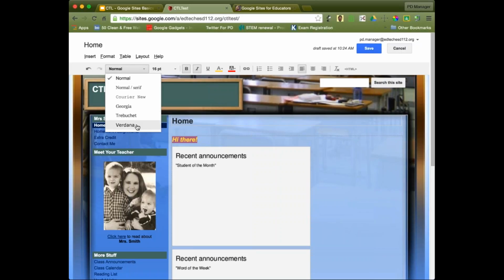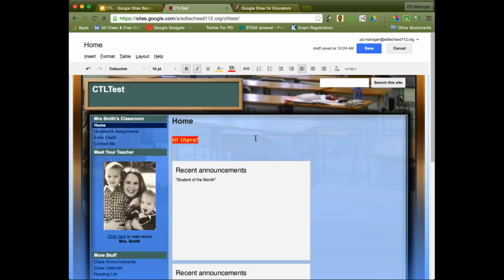We don't have a ton of choices for fonts here because fonts are loaded as people load your page, so it's best to keep it simple. Fancy fonts don't tend to come through very well on everyone's computer, and what you're seeking is uniformity. You want this to look the same to almost anyone who views it, no matter whether they're on a Mac or a PC or a Chromebook or a phone. So we want to keep it simple, and so you can choose from your limited amount of fonts there, whichever ones appeal to you. So that's just